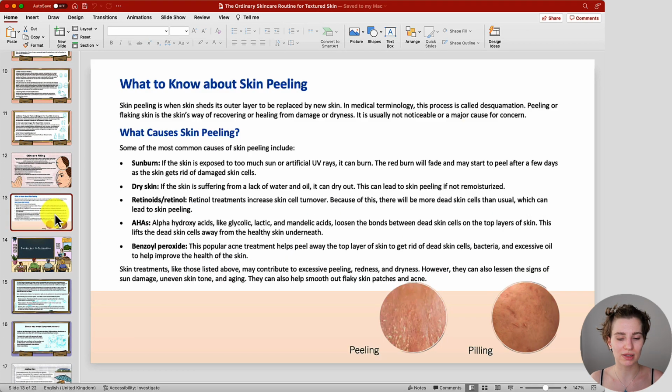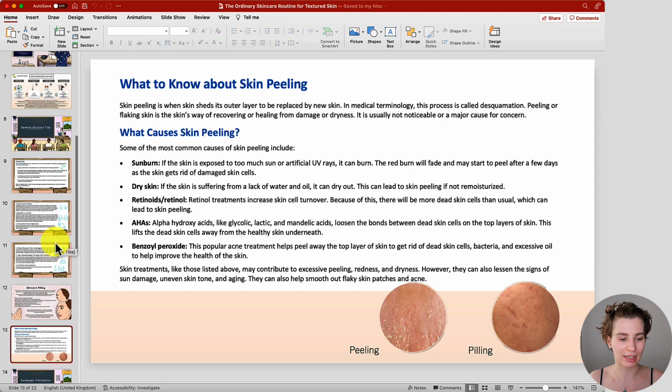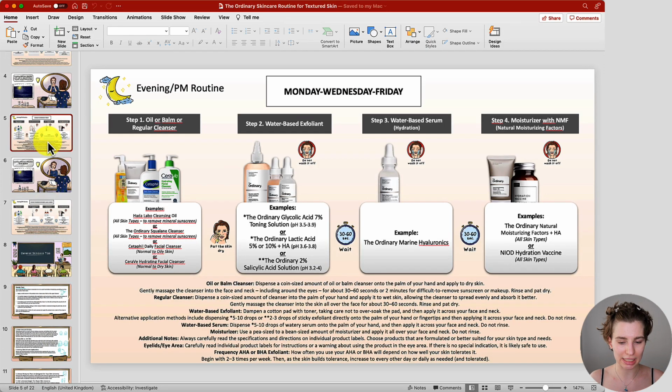And so this is again the guide and the point that I do want to emphasize if you should experience peeling. So skin peeling can happen when working with exfoliating acids, because it tries to loosen the dead skin cells on the skin surface. So if you see peeling, this basically is your actual skin. However, for the morning routine, it isn't really your actual skin, it's going to be that pilling. So I do want to make sure that you understand the difference between peeling and pilling and when it happens and why it happens. And I'm going to complete the slide even further, but this should already give you a general guide. So exfoliating acids can cause skin peeling.